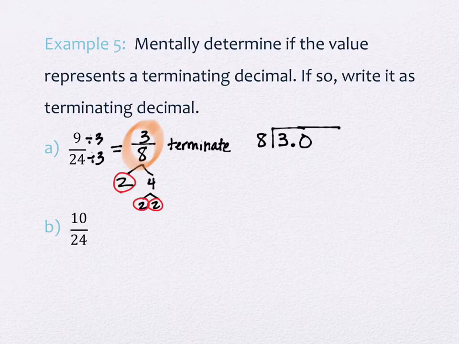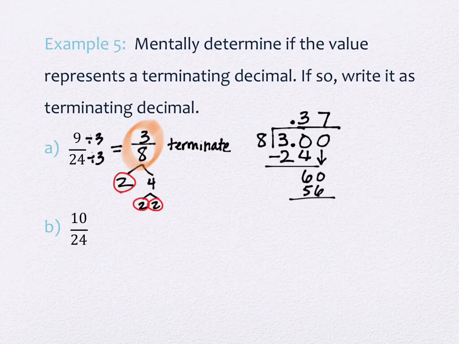How many times does 8 go into 30? 3 times. So the decimal point comes straight up. 3 times 8 is 24. And we subtract, and we get 6. 6 is not 0, so I'm not done. If I get a 0 at some point here, I'm done. So I put another 0 in. Now I bring a 0 down, and I've got 60. How many times will 8 go into 60? It's 7. 7 times 8 is 56. I subtract and I get